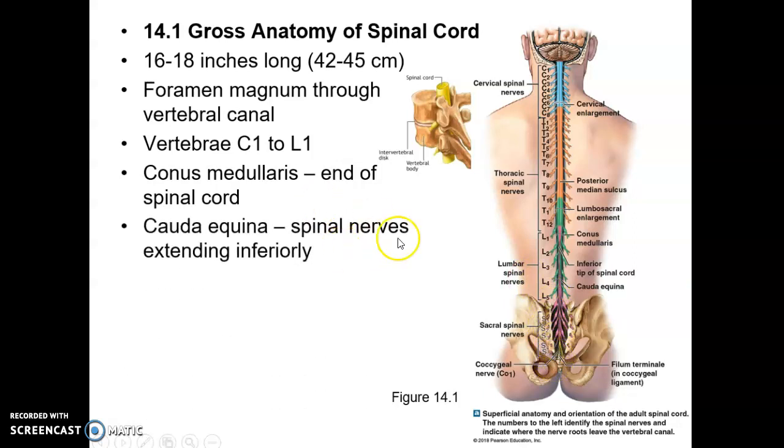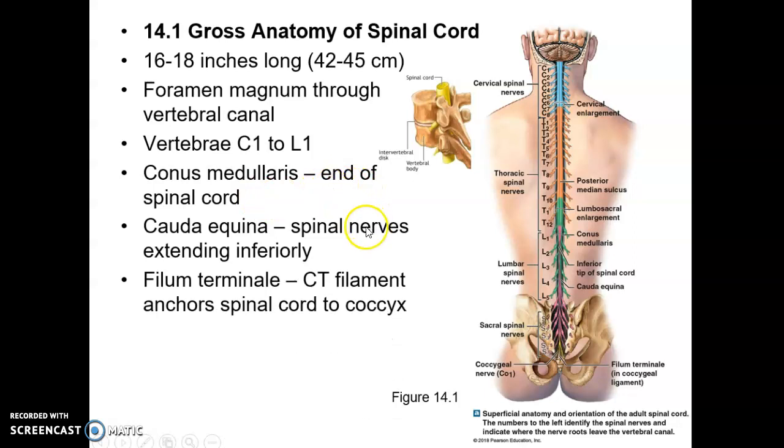Okay? So let's see. The spinal cord ends right about L1, but the spinal nerves that continue inferiorly below that look like a horse's tail to early anatomists, I imagine, so it's called the cauda equina. Cauda, tail, equina meaning horse. So these are the spinal nerves that extend below, inferiorly from the conus medullaris, the physical end of the spinal